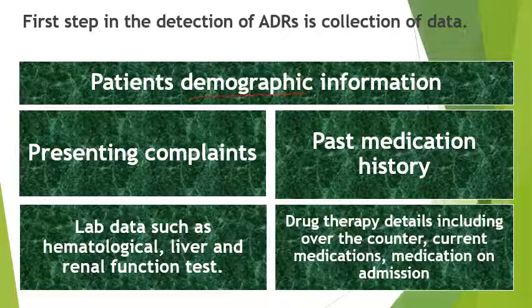His renal and hepatic functions haven't developed that much, so he is of a high risk age, like we have talked about in the last slide. And similarly, if a patient is 75 years plus, that means his renal and hepatic functions might have degraded with time. So first, the responsibility of the healthcare professional is to collect the patient's demographic information. Then moving on to the patient's complaint, what he is complaining about, and then we have to take the past medication history, that is, what drugs he has been taking in the past.